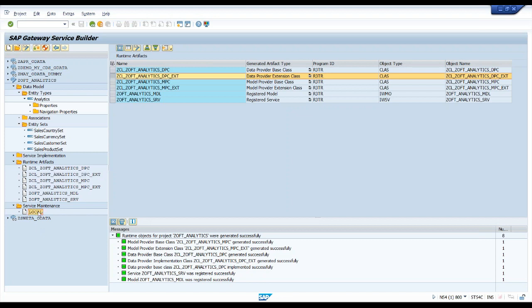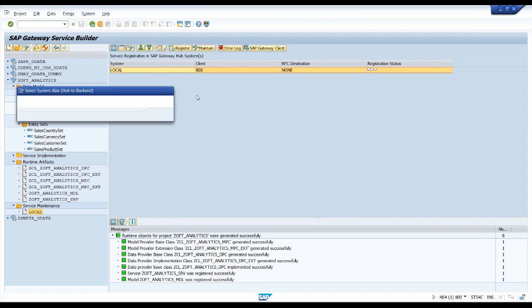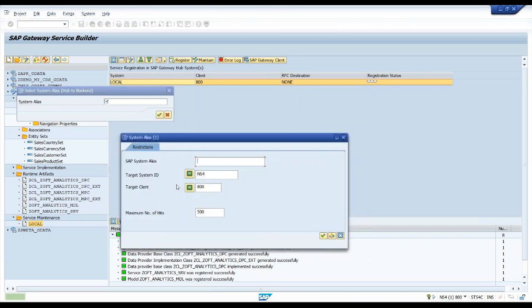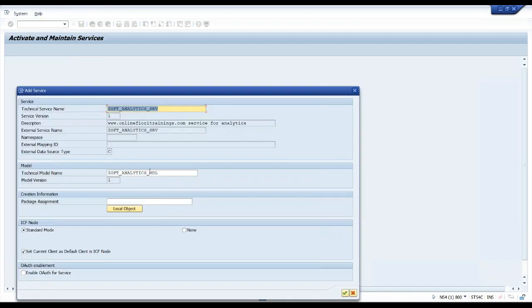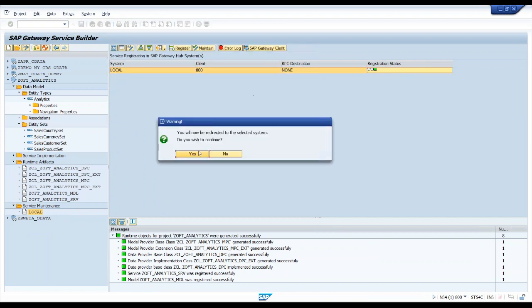So I just go to service maintenance, double click on local, and I just click here and say please register the service. The system alias right now, it's an embedded hub deployment, so I would just have one entry here called local, and I would just activate the registration. Superb. From here directly I jump to SAP Service Gateway to test my entity sets,